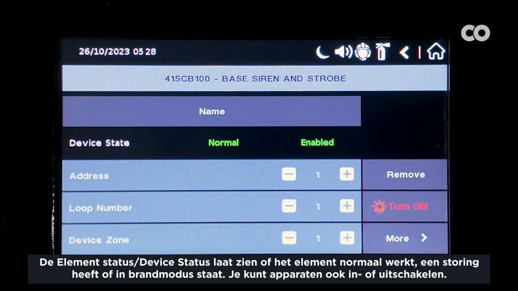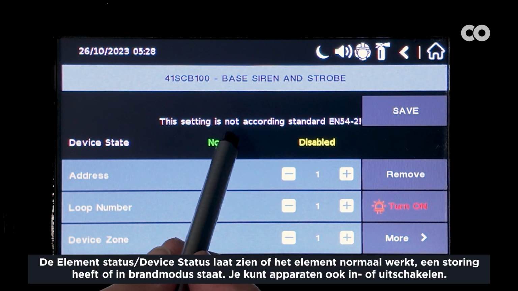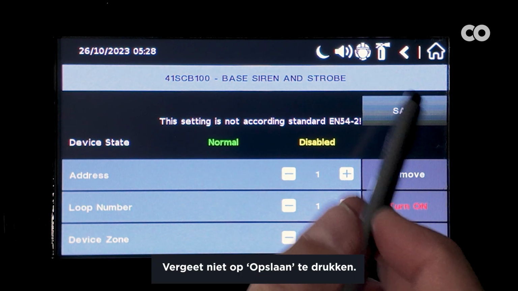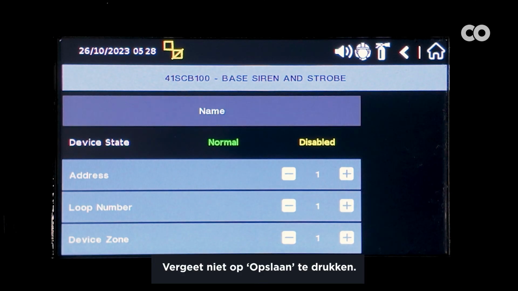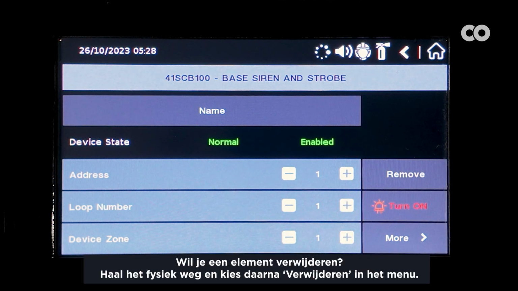The device status will show whether the device is in normal mode, fault mode, or fire mode. You can also enable or disable devices as needed. If you make any changes, be sure to select the Save function to apply them. If you need to remove a device, physically remove it and then select the Remove option to permanently delete it